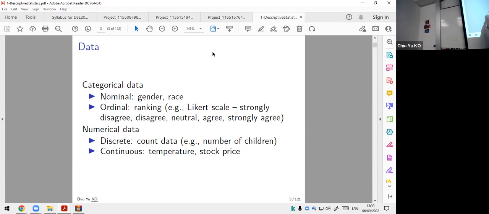And for numerical data, you don't have a problem, right? You have discrete data or continuous data, right? Discrete data is count, right? 1, 2, 3, 4, 5, there's no intermediate. And continuous will be Hang Seng index, and so on and so forth. So when you apply a technique to these two, it is not an issue, right? When applying to the first two, you will have some issues there.